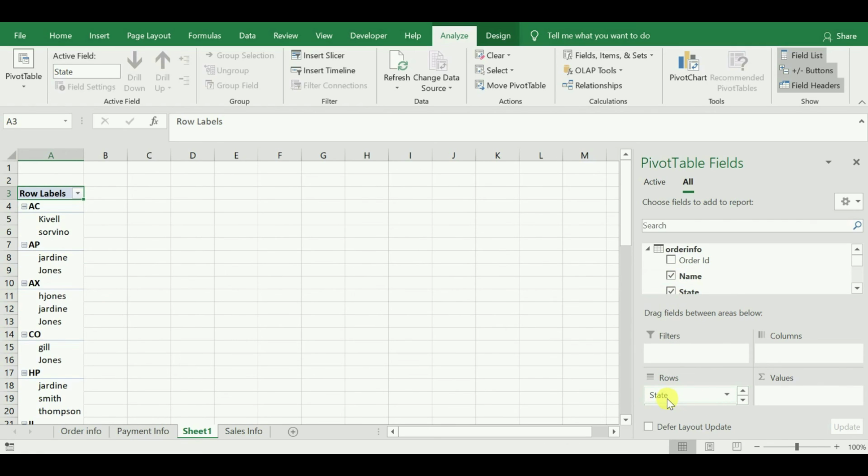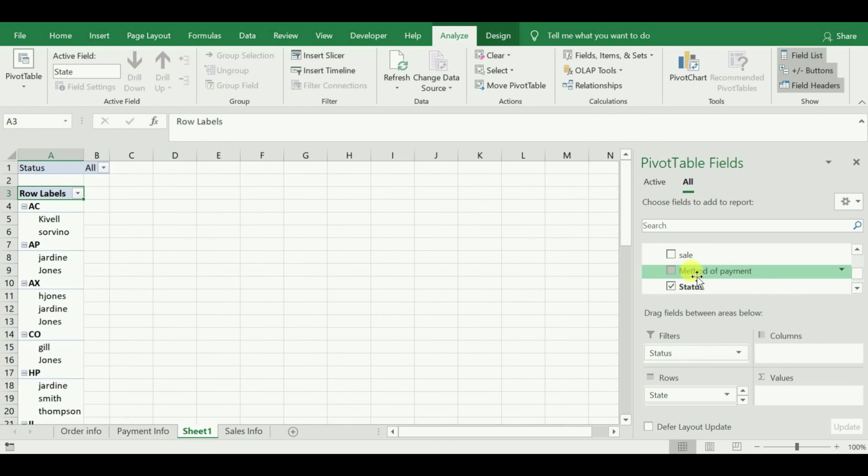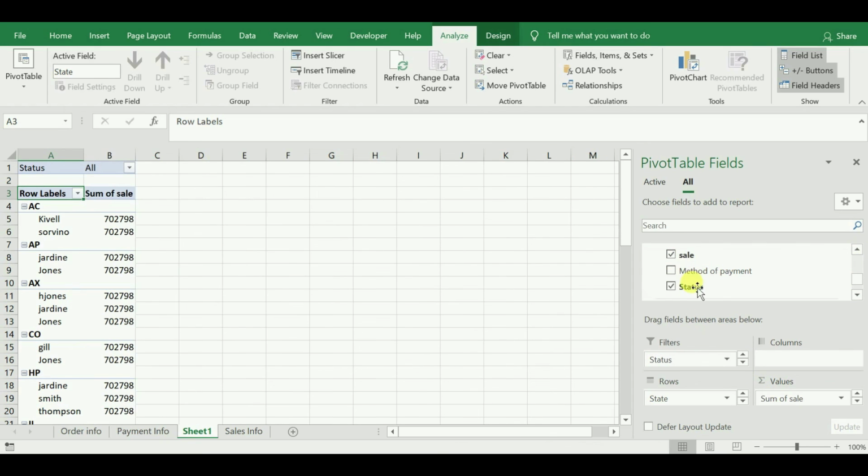The second requirement is, from the second table, payment info, I want status to filter, and sale to values.